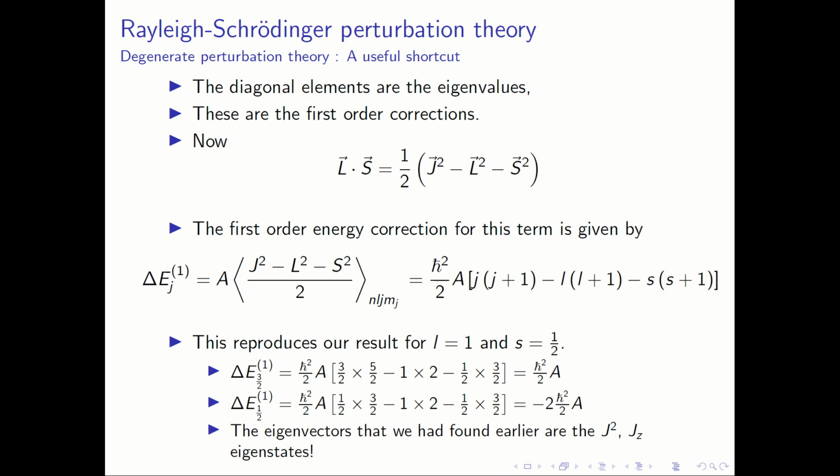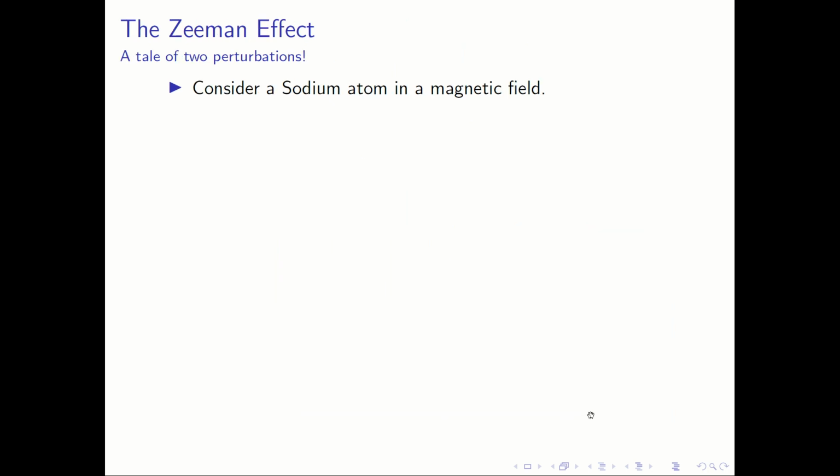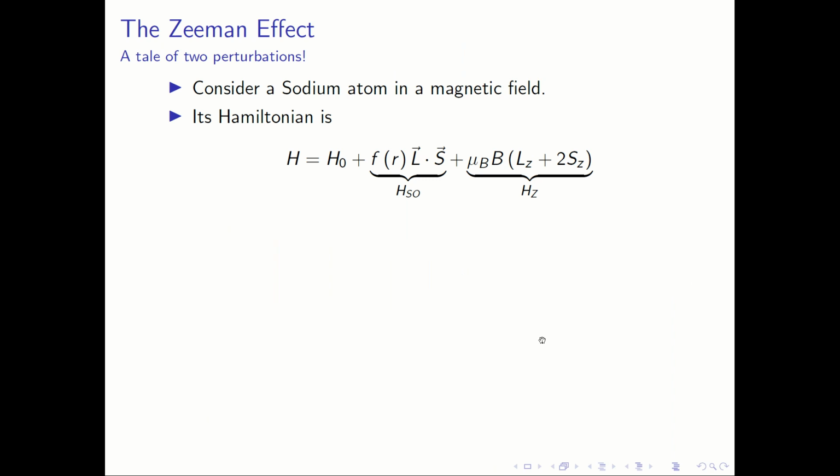The fact that the bright light in sodium is not really a single wavelength but two very close wavelengths is because of this L dot S splitting. Now if I put this in the same atom in a magnetic field, how do things change? When I put this in a magnetic field, what happens is that you have a Hamiltonian, which is H0,